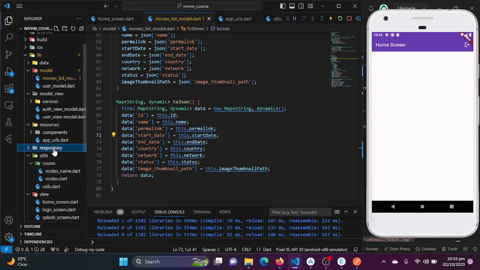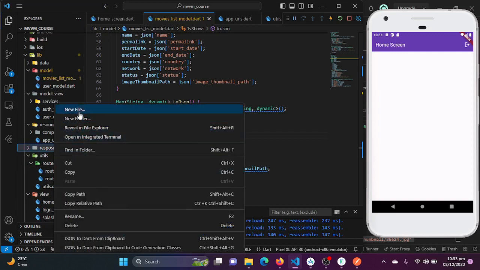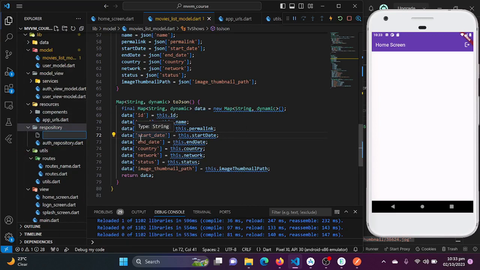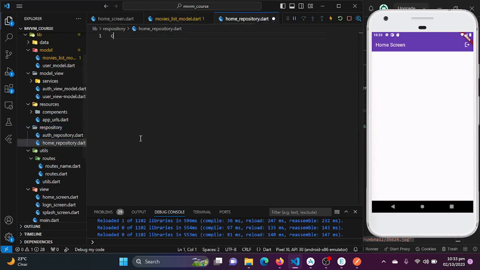So let's create a repository class which will be home repository.dart, and I will be creating a class named home repository,